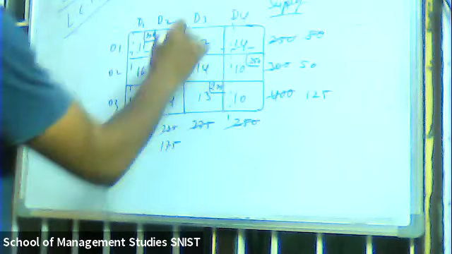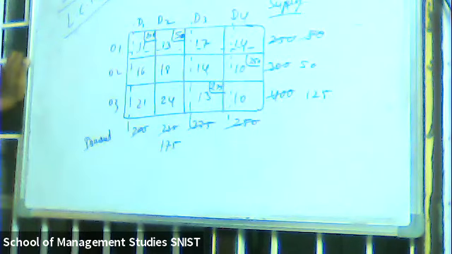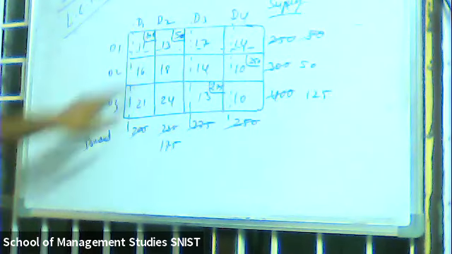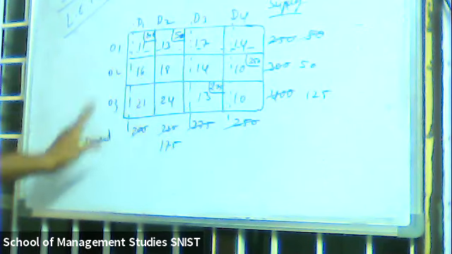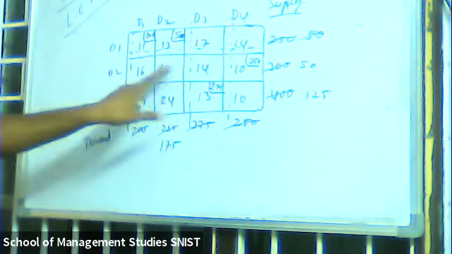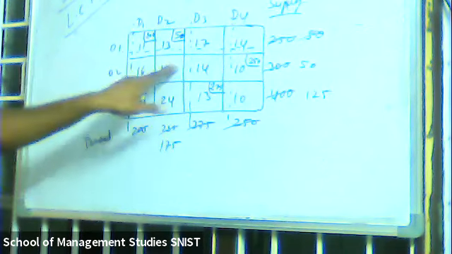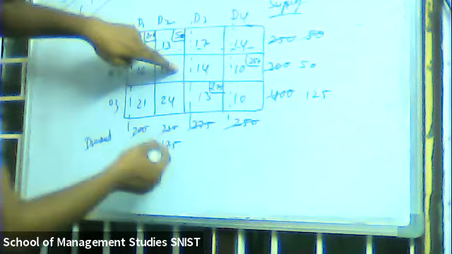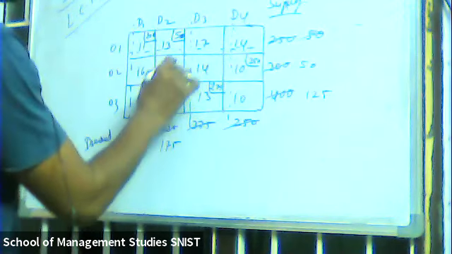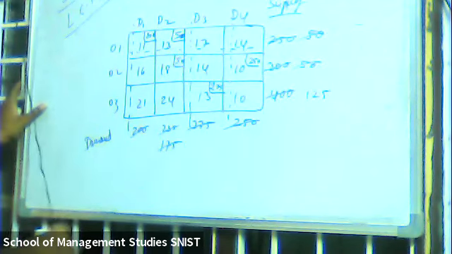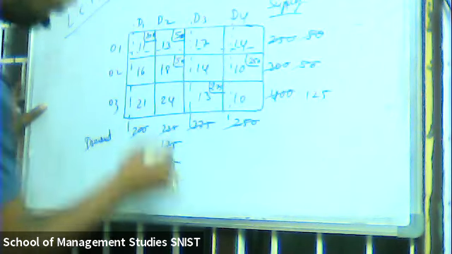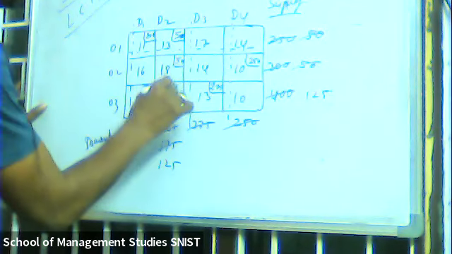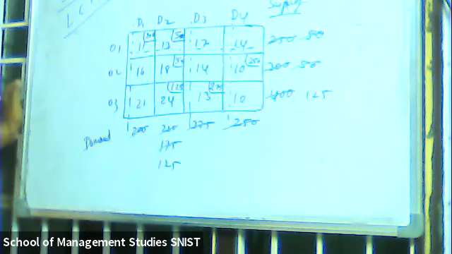Now 275, this is also done, cancel. Now we have only x22 and x32. So 18 is a minimum, 18, 24, 18 is a minimum. So in the 18, 50, right? So minimum value 50, allocate this 50, it becomes 25. 125. See, check 125, that's it. Left over this one, so allocate 125, that's it.